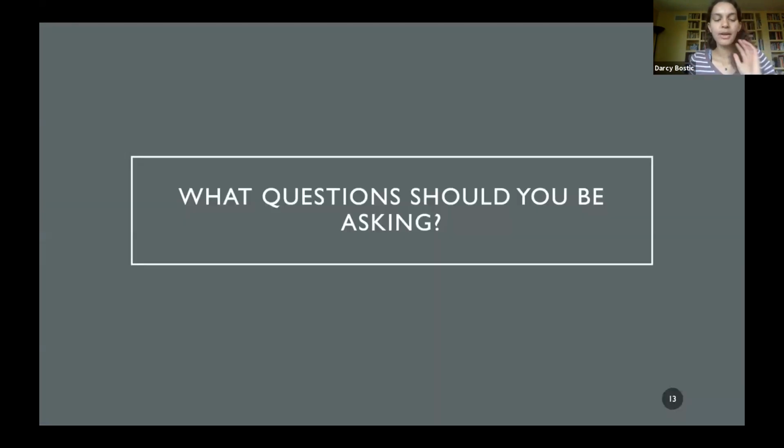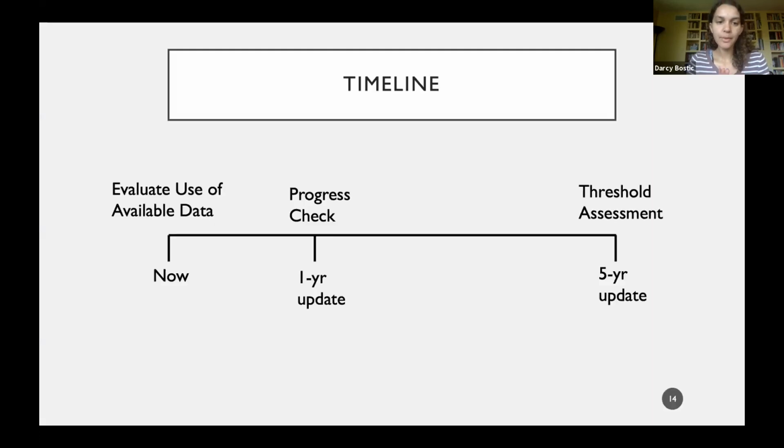So now that we know a little bit about these representative networks and monitoring networks in general, I came up with a number of questions that I think are important to keep in mind now and going into the future, especially if you have an understanding of local conditions in different GSA areas. I've separated these questions into a bit of a timeline. The first is now, what we should be asking now. And I think that it's really embodied by evaluation of the use of current available data.